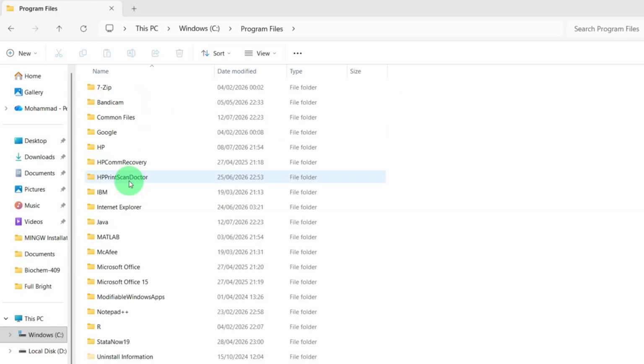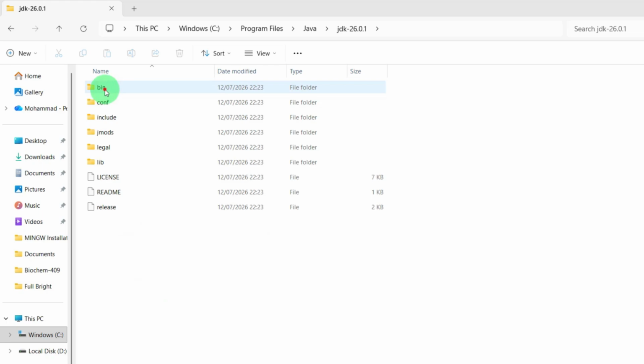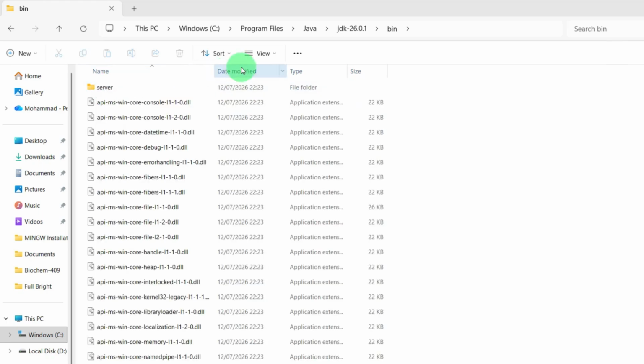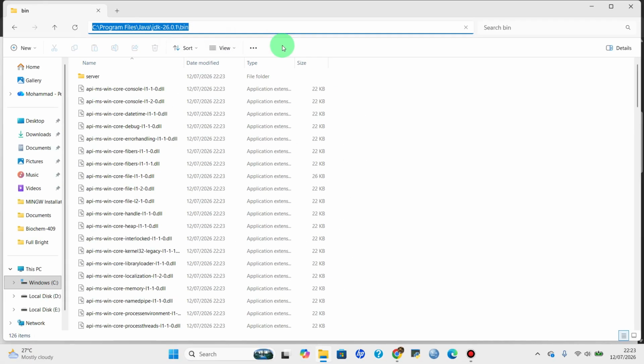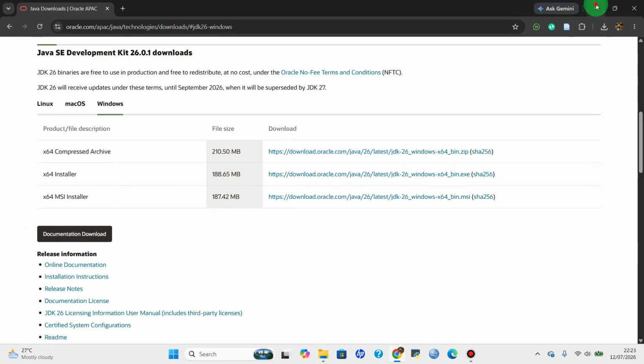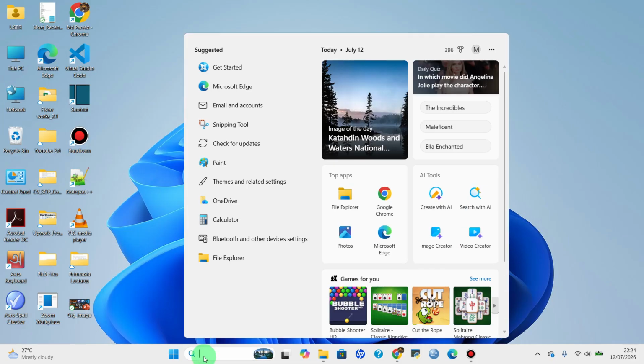to the program files, and look for the Java folder. Double click on it, click JDK, click on the bin, and from here we will have to copy the path of this file. We'll copy the path, and now we will go to the search option from our PC and